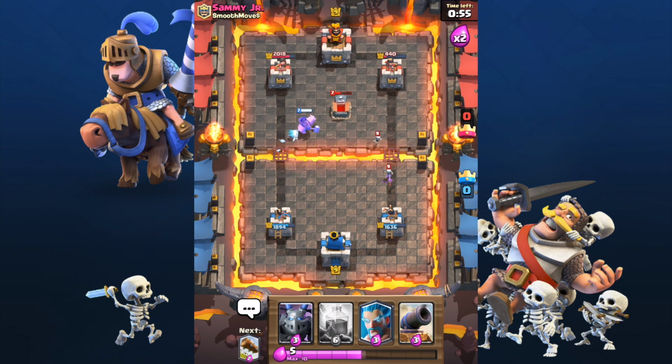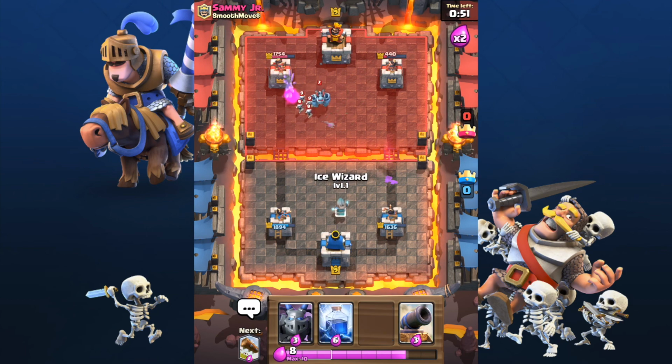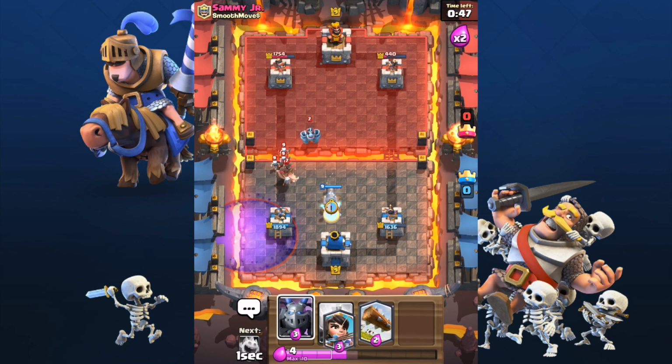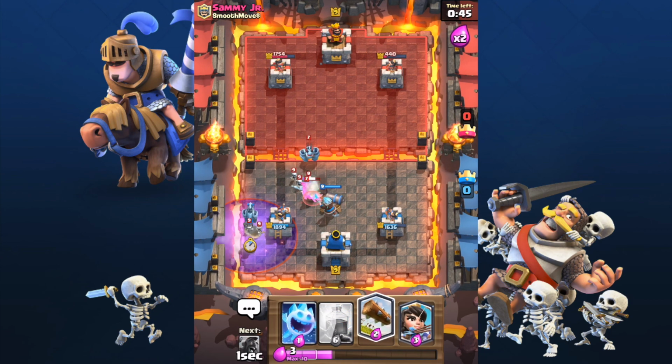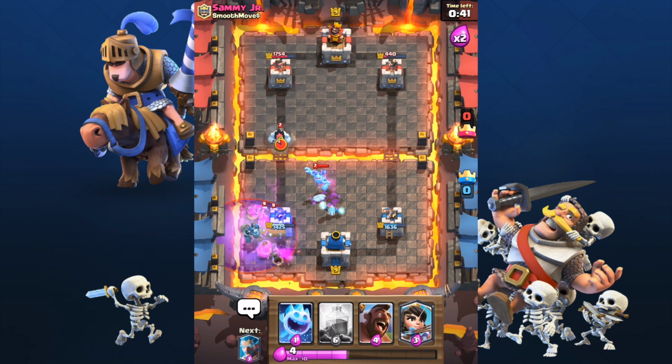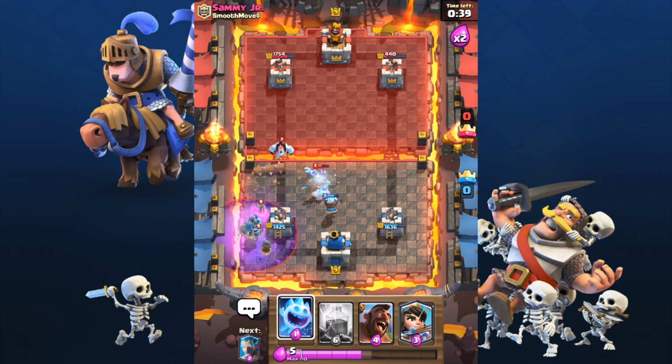At this moment I know that my lightning spell and my lock can kill the right tower, and therefore I will start attacking the left tower. The reason why I don't kill the right tower immediately is because it will activate the king tower. At this moment he uses the graveyard spell, which means that he only has one attacking troop left, which is the HOG, and I still have my Ice Wizard,